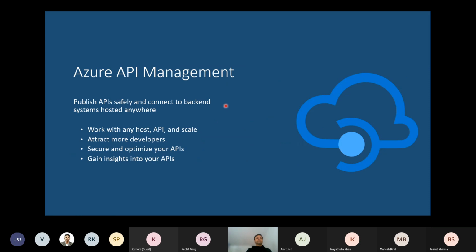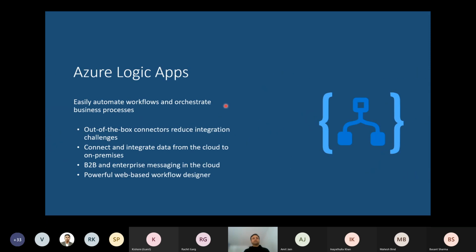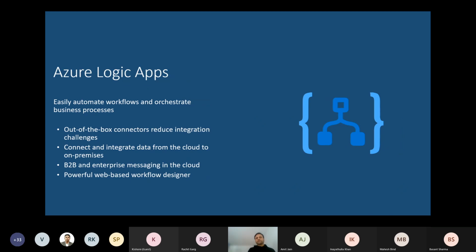So API management, which we all know has a capability that is very useful in integration scenarios. Logic Apps. I mean, many people love it, but a few people don't like it, because they think it is not a developer's skill. It is more like, okay, if you know a little bit of technology, you can do it. But yes, it has a lot of capability. At least it can orchestrate in a good way, wherein you can achieve your integration in short time and things like that.